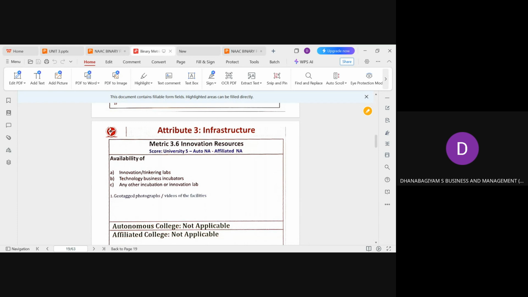Next, it talks about innovation resources. As I was saying earlier, for ED courses and entrepreneurship subjects, do we have an institution innovation council, an incubation lab? In that incubation lab, are the students coming out with business ideas, and are we validating their business ideas? Are the students preparing prototype products, and are they capable of checking the feasibility of the product, and whether they are able to sell it in the market?